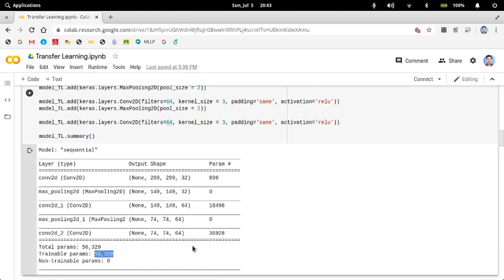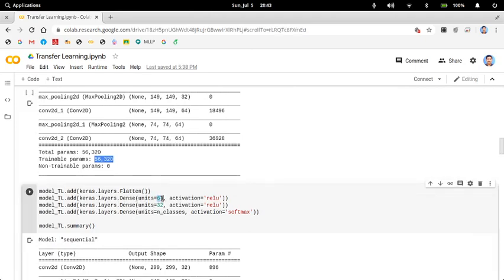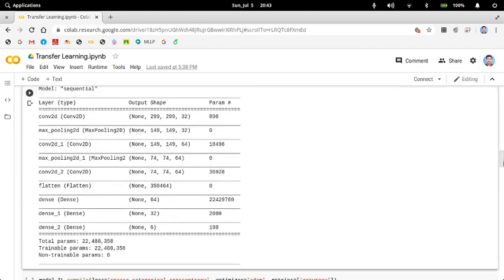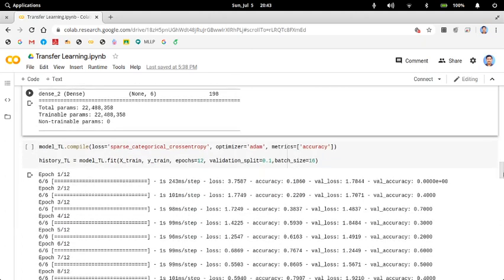These are the total trainable parameters. To this you can add additional layers. So you add a dense layer, you add another dense layer, etc. So this is your total model.